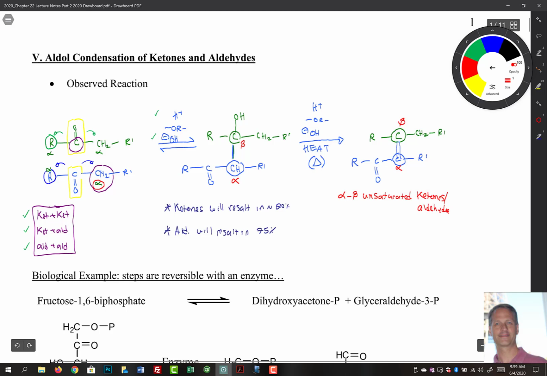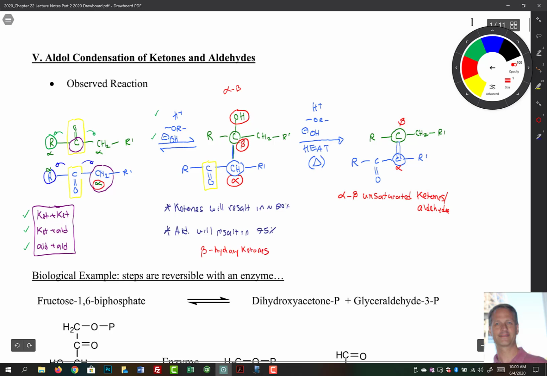The way that we number this new bond is we take a look at our carbonyl, and then we look over one position, that's your alpha position, and then over one more, that's your beta position. So the new bond has been made between an alpha and a beta carbon, and that beta position has a hydroxy group on it. So sometimes these are called beta hydroxy